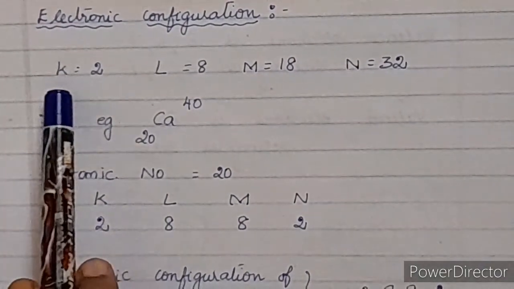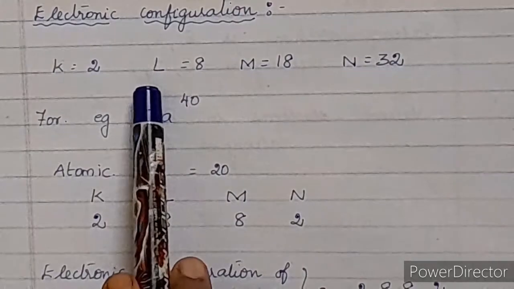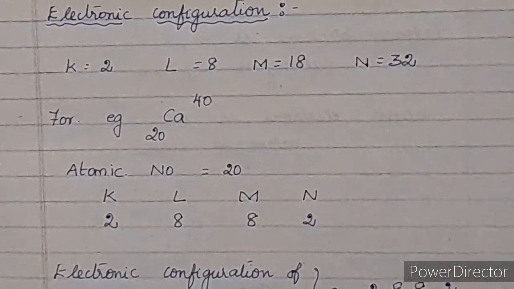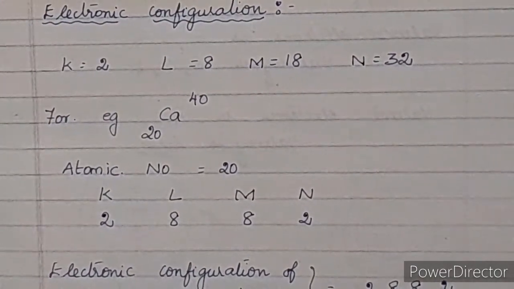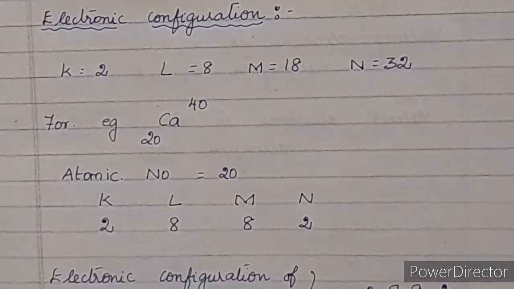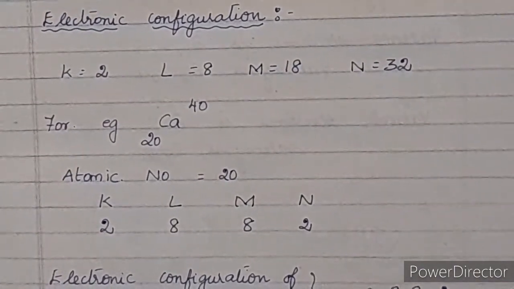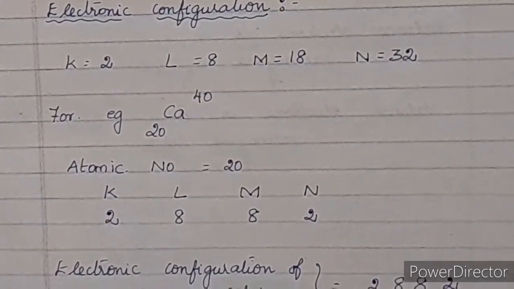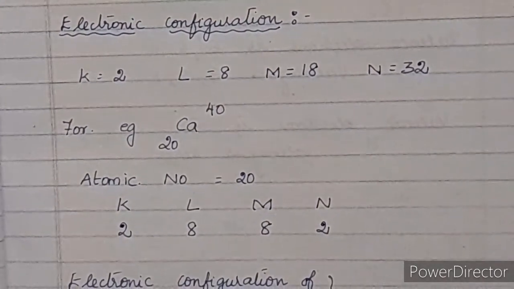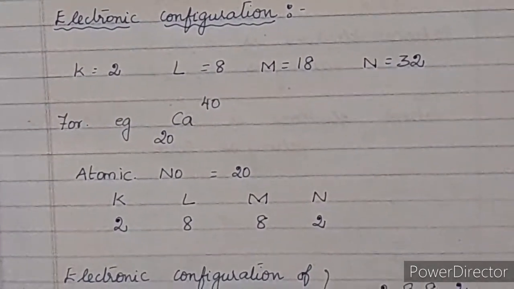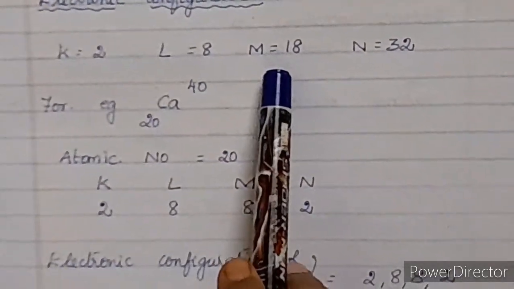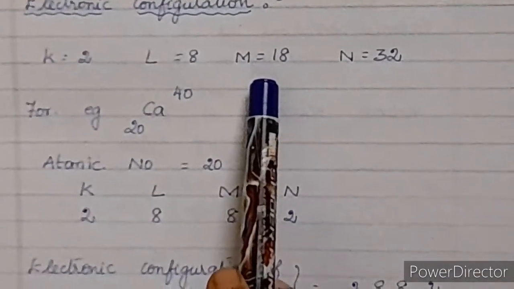Now we know that the K shell can occupy 2 electrons, the L shell can occupy 8, M 18, and N 32. We also have the rules, isn't it? Three rules. We said that the first is that the maximum number of electrons that can be occupied by a shell is calculated using the formula 2n square, and they should be filled in a stepwise manner, that is, the K shell should be filled first, then L, then M, then N. Next we said that though it has the capacity to occupy more than 8 electrons, the valence shell will occupy only 8 electrons.